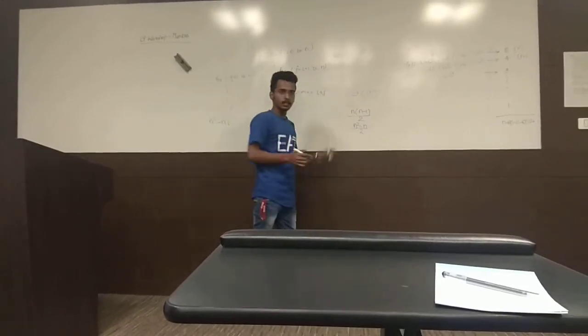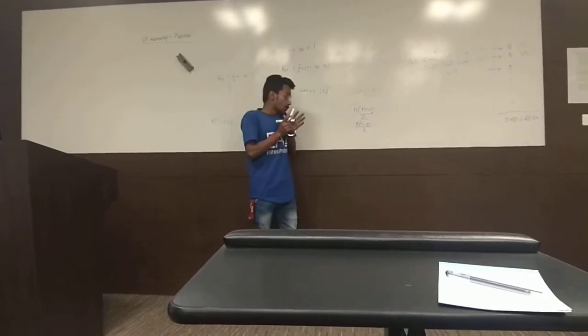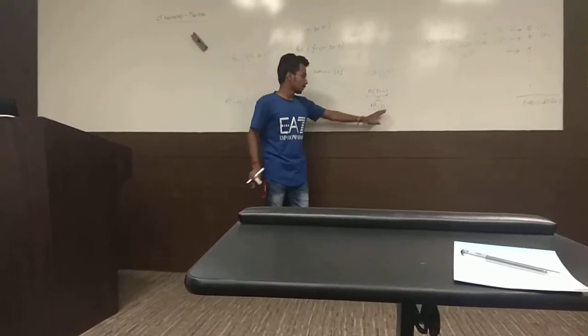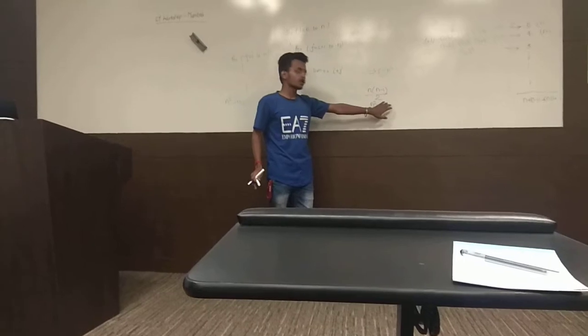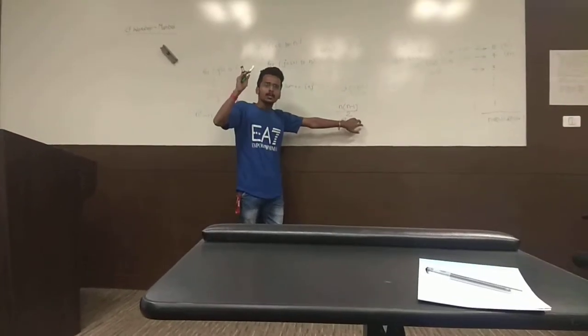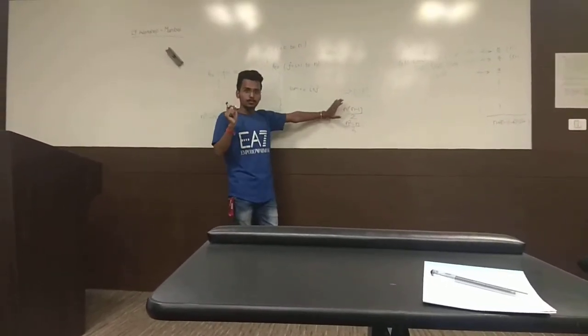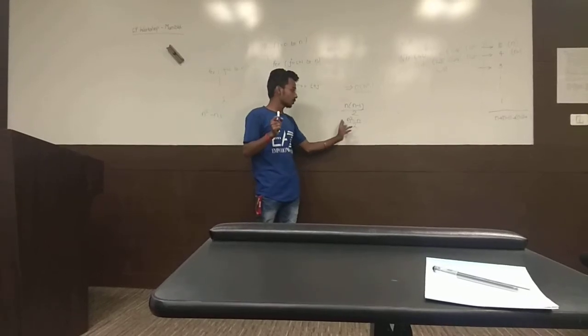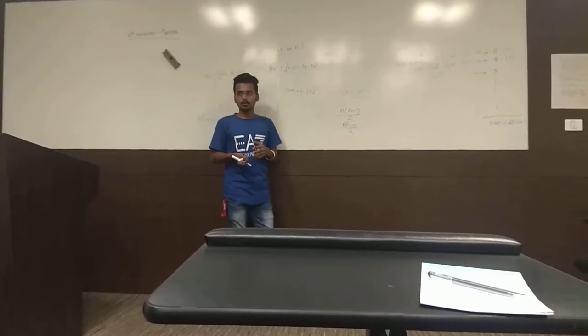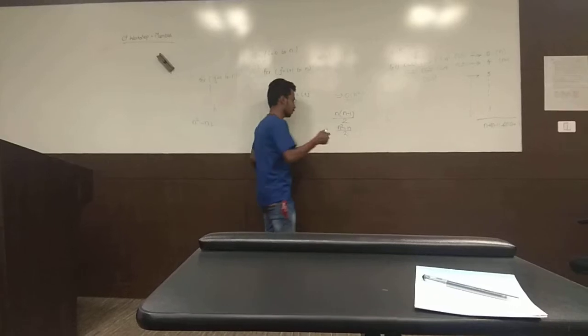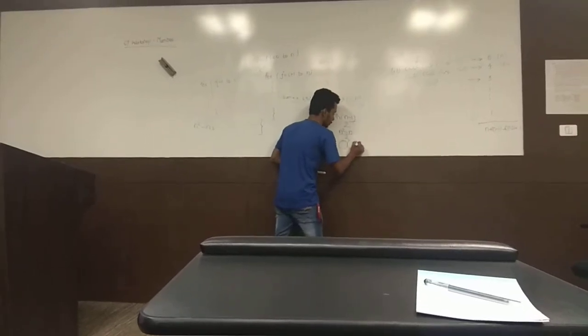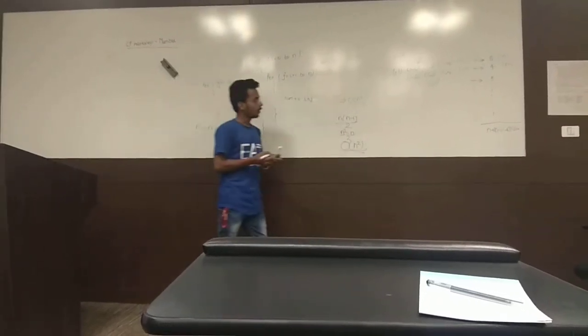As I have already told you, if n is very large, then you have to eliminate the lower terms and take only the dominant terms. So over here which one is dominating, n or n square? n square is the most dominating term, so you have to consider this one only. So this time complexity would be big O of n square. Okay,